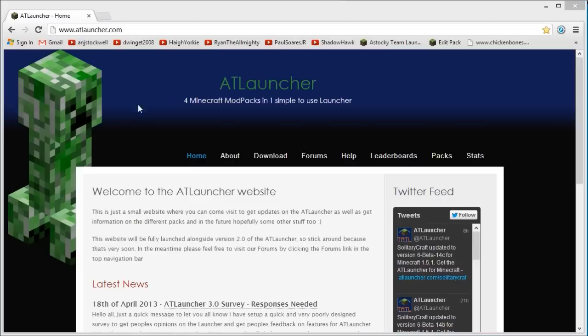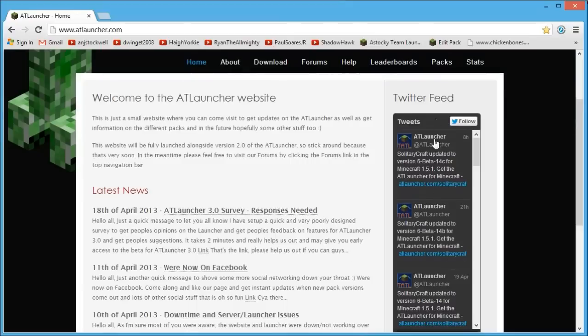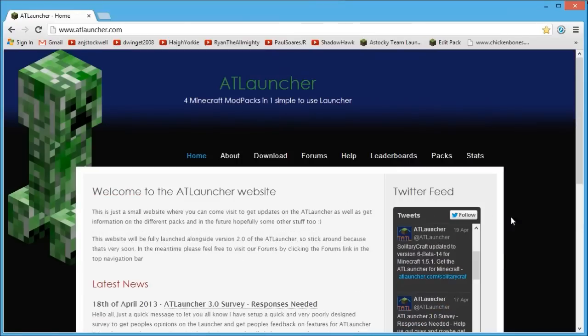So for those of you who don't know, you get it from atlauncher.com. You go to this website here. It's a launcher. It's got 4 Minecraft mod packs, one simple to use launcher, really easy to use, and you can see the Twitter update here that tells you all the updates and changes that have happened. But basically, to get it,